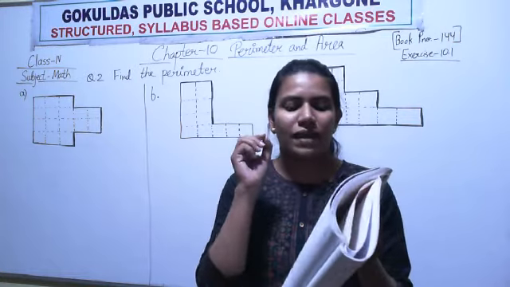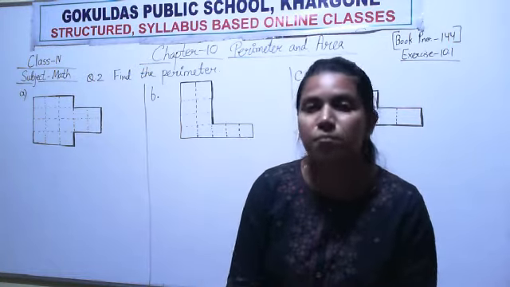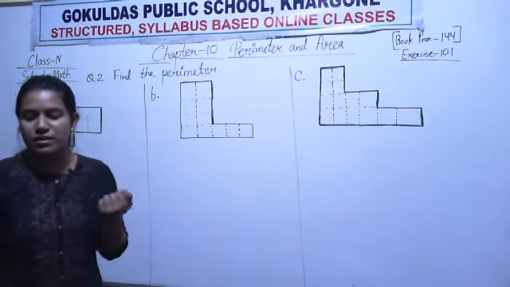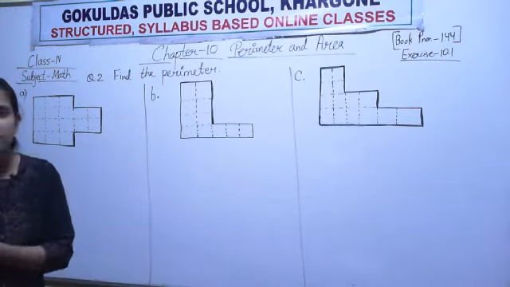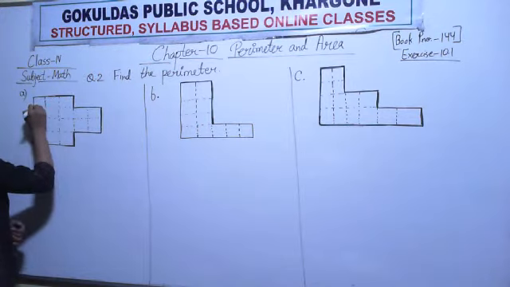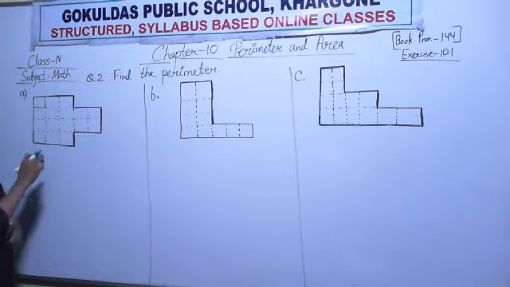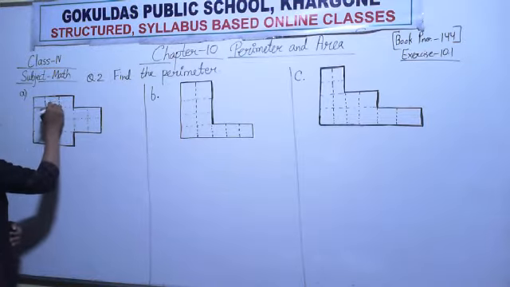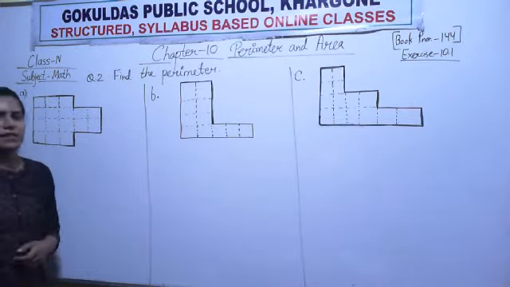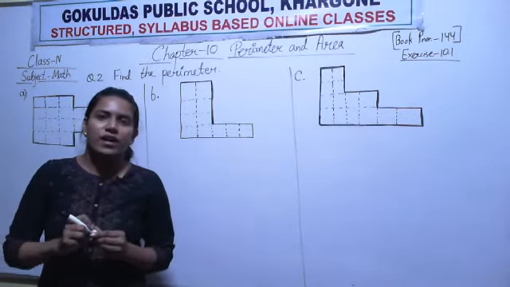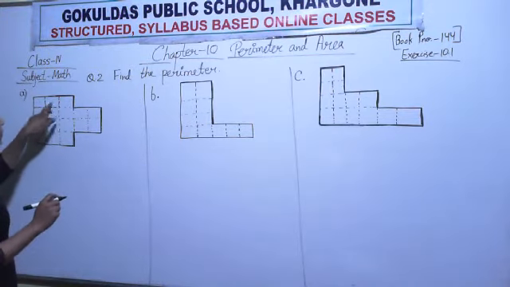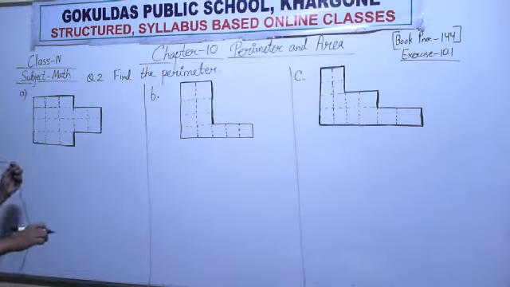See, observe the pink dotted line in your book. Some small squares are given, right? Look on the board. It is a square. Can you observe it? These are some squares. Inside the black boundary, some small squares are given. These small squares have each side of 1 centimeter.